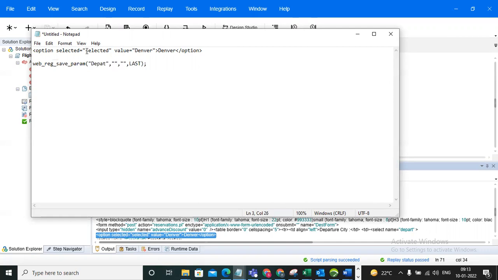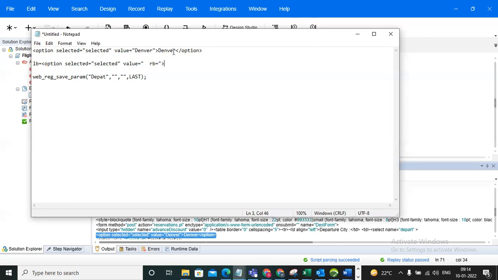Okay, and after that we need to give the LB and RB. Which value can we consider as the LB? This is the dynamic value. Dynamic value's left text will be the left boundary, right text will be the right boundary. So this entire value we can consider as the left boundary, LB. And next the RB. This is the dynamic value. After this dynamic value up to here, this is the right boundary.